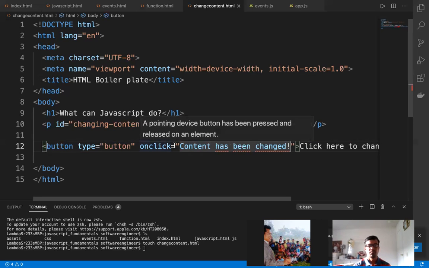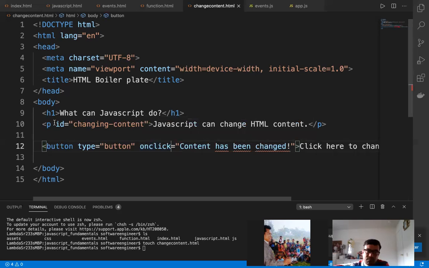When we click, the content of this ID will be replaced. So I can say onclick, it will happen. Now, what will happen? I can say